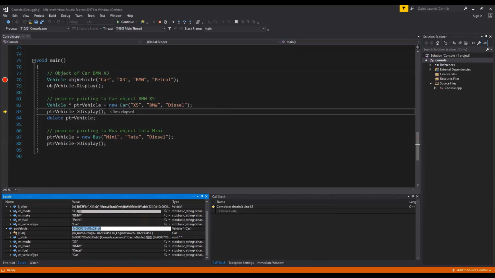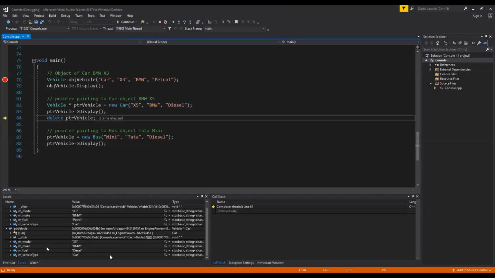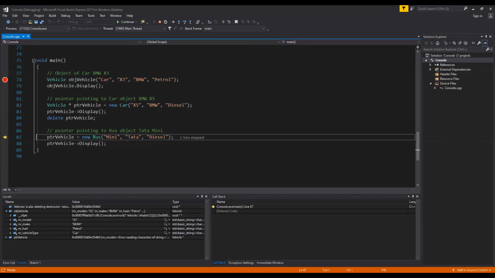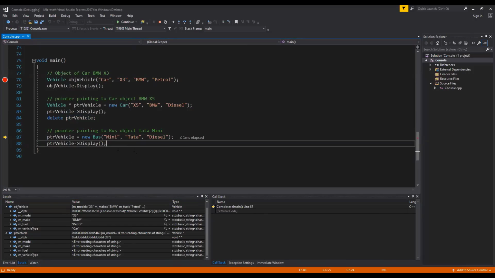I told you before that before dereferencing a pointer, we should point it to a proper memory address and a proper valid object. So this PTR vehicle is now valid. You can see it below in this window, and then we can call display. Once it is displayed, you can see this in the console. Once we are done, we can delete. Once we have deleted, you can see the pointer is some garbage and there are no values. So this pointer is now free to use for the next object, and we can assign the next vehicle object to it.